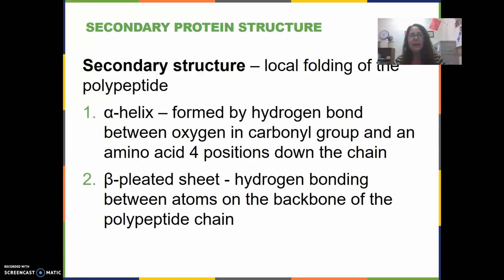All right, so that was an example of what can happen when there's a mutation in the primary structure. So primary structure is simply the sequence of amino acids. The secondary structure is either going to be that primary structure formed into an alpha helix,